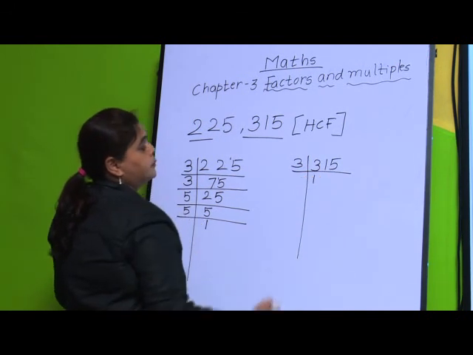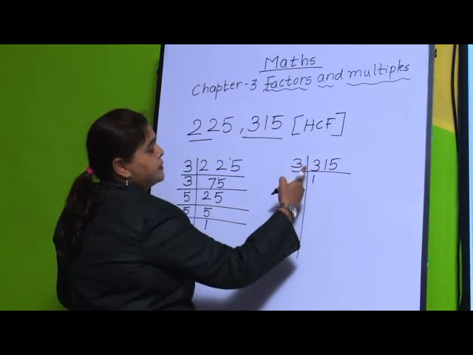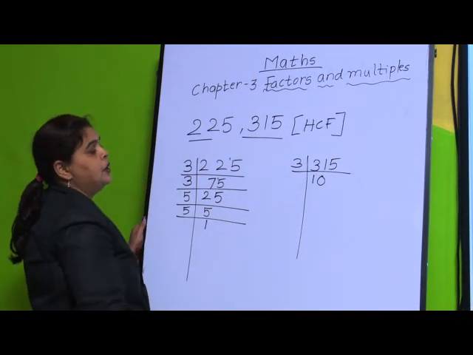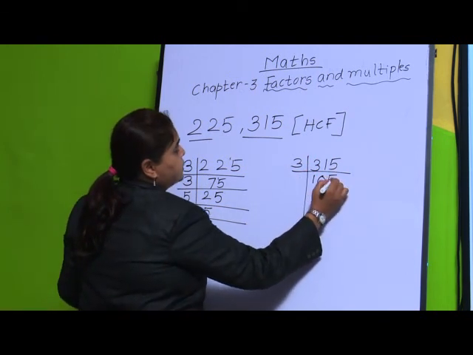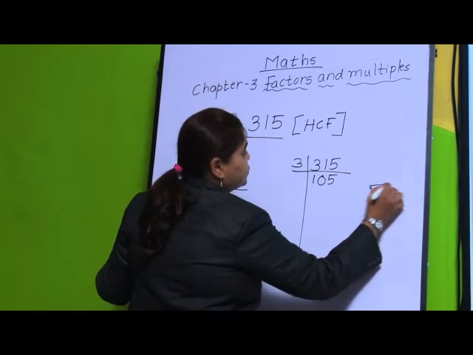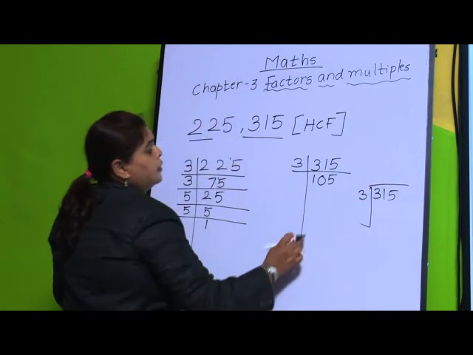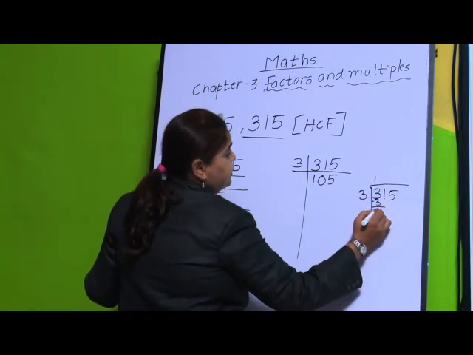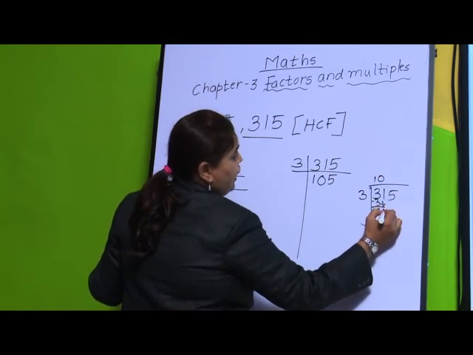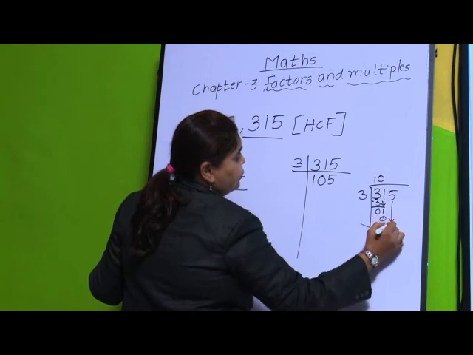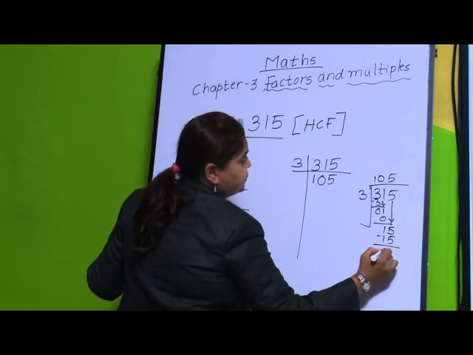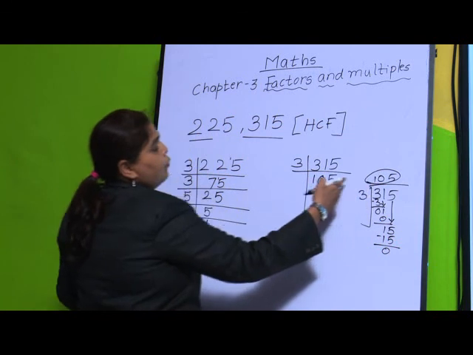3 1s are 3. Yes, 3 minus 3 is 0. We will take 1 down. I will show you practically also the long division. 0, and we will take this together, that is 15. 3 5s are 15. If you have not understood, you can do in small division here. 3 1s are 3. This is 0. Get 1 down. It is not possible, so write 0. 0 1s are 0. Get 5 down. So, now it is 15. 3 5s are 15. So, what you are getting in the quotient is 105.